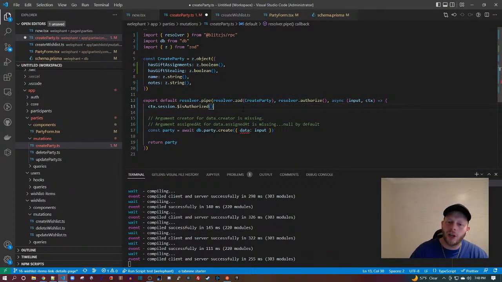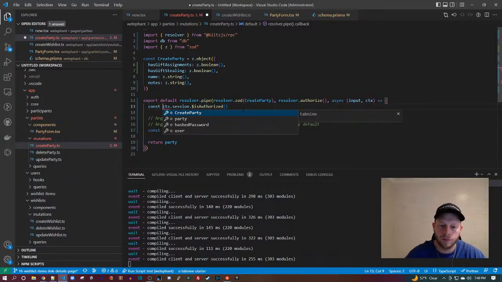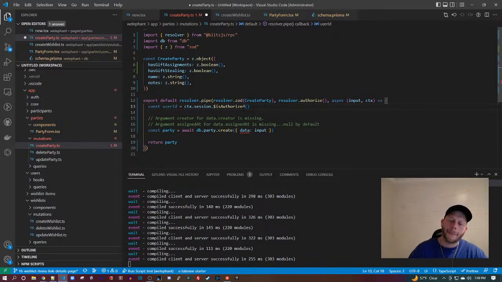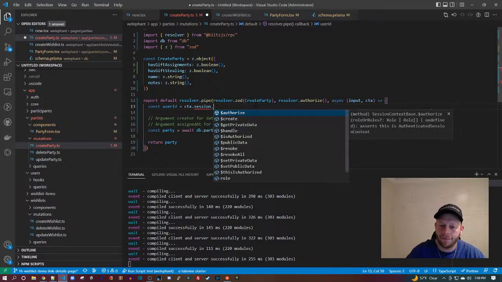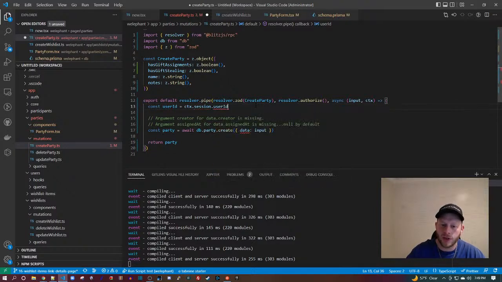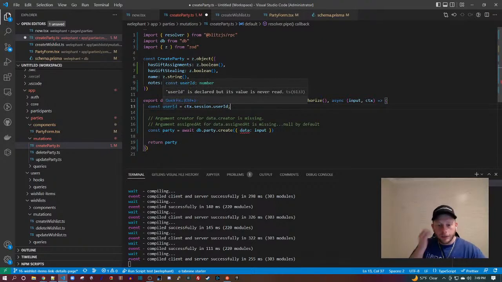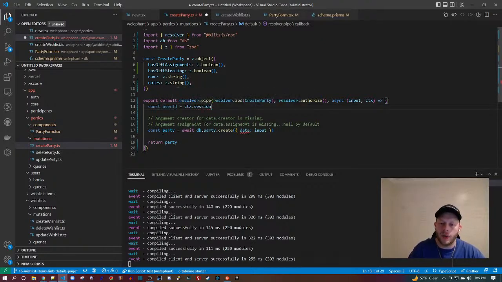Okay, so what I want to know is your user ID. And this is going to be session dot user ID, just like that. I'm going to go ahead and authorize you first. That'll prevent you from getting a goofy error, basically.